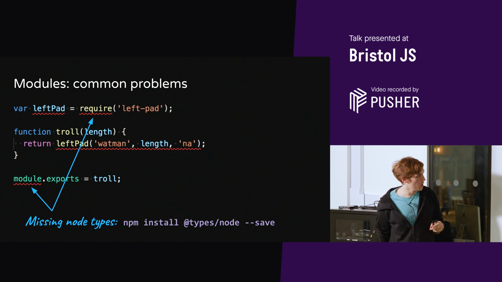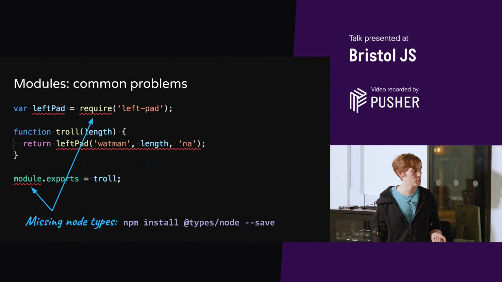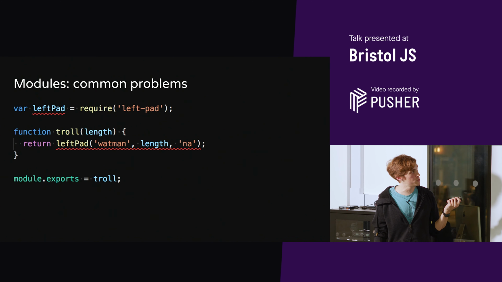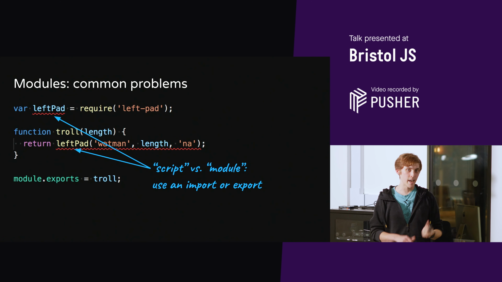These two are because we don't have our types for Node, I just mentioned. So if we install the types for Node and save that, then they'll be fixed. These two are probably the most weird and torturous part of TypeScript, which is TypeScript tries to guess if you